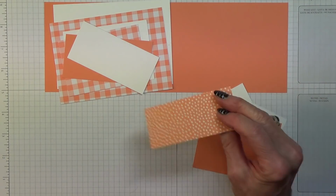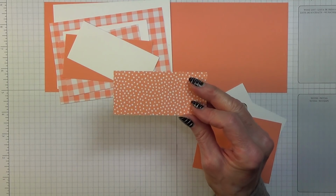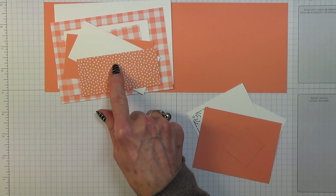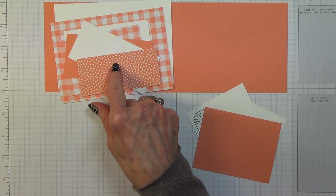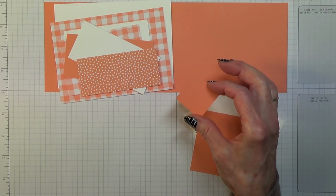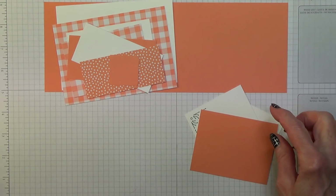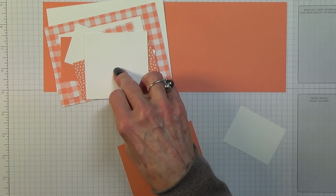A piece of the 2018 to 2020 InColour Designer Series paper stack, the 6x6 packs, and this measures 1 3/4 inches by 3 7/8 inches, which is 4.5 by 10 centimetres. And then a piece of Grapefruit Grove, which is 1 3/8 inches by 1 3/8 inches, which is 3.6 by 3.6 centimetres. Then you want some scraps of Whisper White for the sentiment and the flowers,